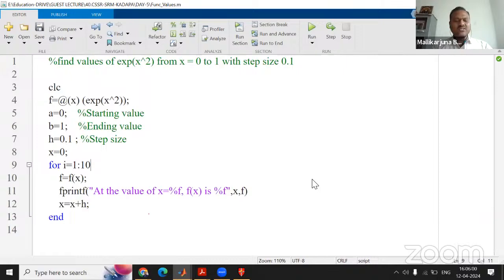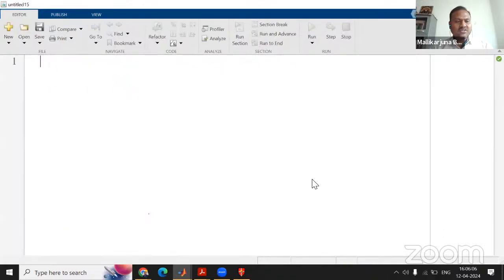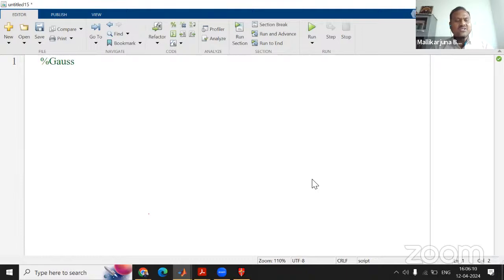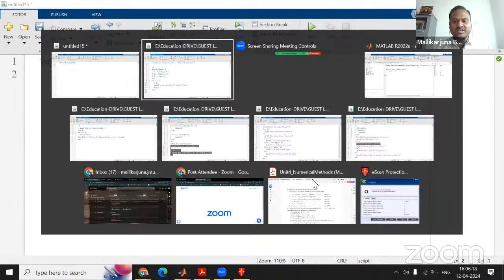Okay, so we'll leave this. I'll correct it and forward you. And let us move to another one, Gauss-Jordan method using for loop. How do you implement Gauss-Jordan method? So for that,